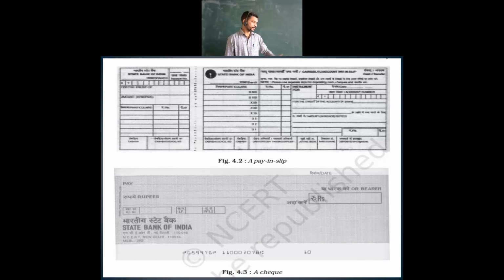Then down, if you go to the lower one, it is a check. See, most probably, as I told you, big amounts will be required to be transferred for the business person. Why? Because it is not a thousand or 50,000 or small amounts with which you are going to purchase the goods. It will be in lakhs at least. So it is very difficult to make online transactions for that, and it is even risky. Why? There are many reasons for that.